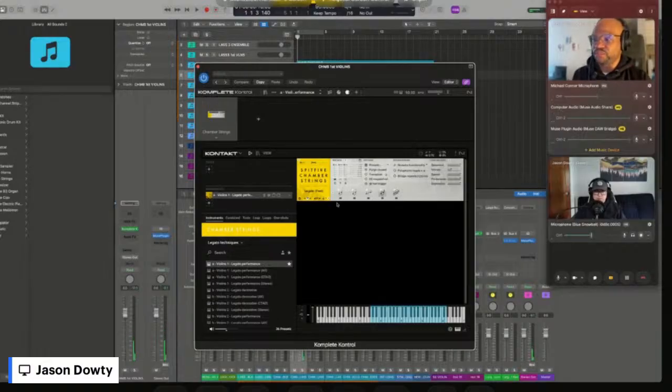This particular chamber strings, the legato session here, they have 5 different legato patches all blended into one. So there's an engine which automatically detects how fast you're playing, and so it will switch between the different legato articulations. So if I'm playing a slow passage,